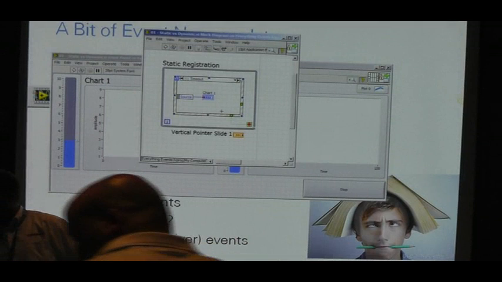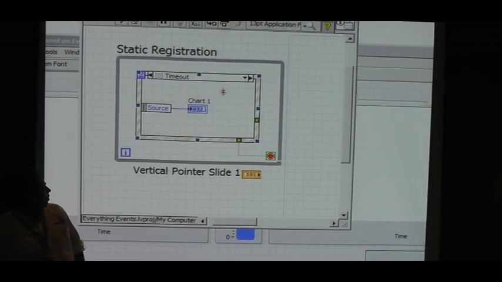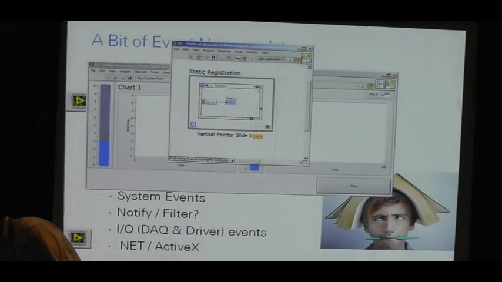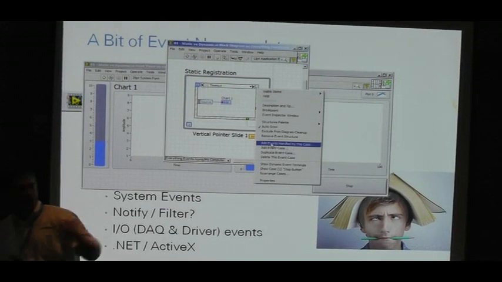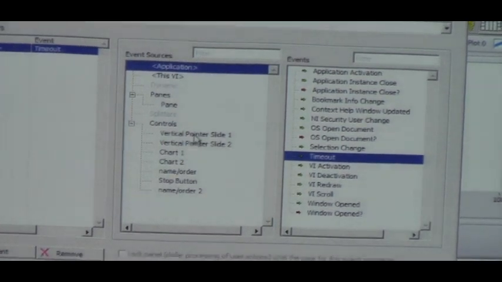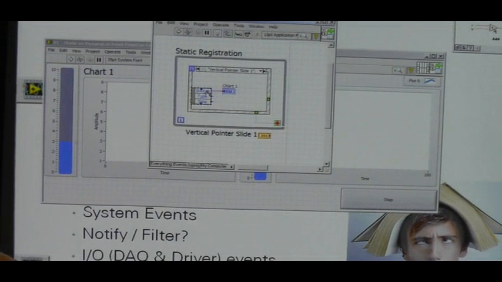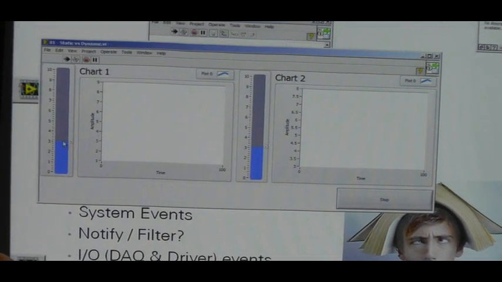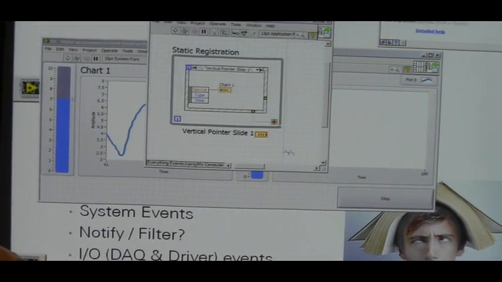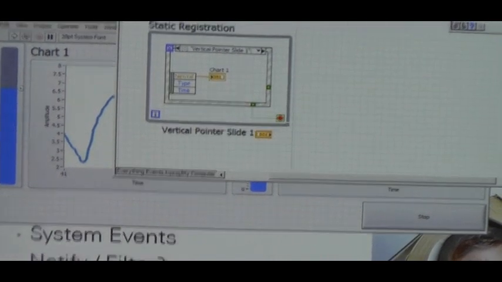So, very simple VI. All that's here is a statically registered, well actually I haven't even statically registered yet. There we go, let's go ahead and right click. I'm going to statically register something for an event. We've all done this before, just want to get the name down. I'm going to say Vertical Pointer Slide 1, Value Change, good to go. I'm going to go ahead and change what I'm reading out here. Fantastic. Statically registered. Okay? And then there is dynamically registered, which, if you have not imagined,